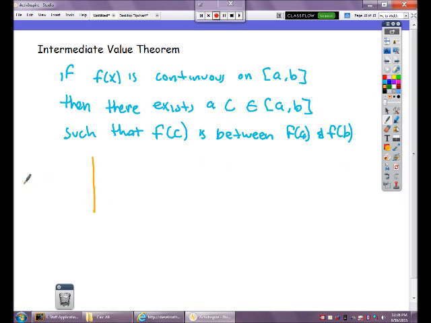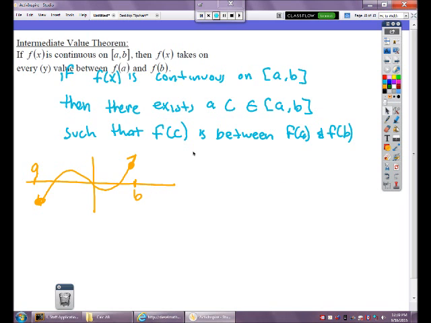So here's a function, does whatever. A is somewhere on the left, B is somewhere on the right. And then you have the f of b and the f of a. If the function's continuous, it's going to contain all the points in between. It's a pretty straightforward theorem if you think about it. You can't go from point A to point B without going through all the points in between, assuming the function is continuous. Taken directly from your flashcards,